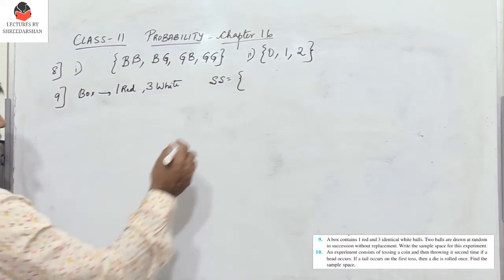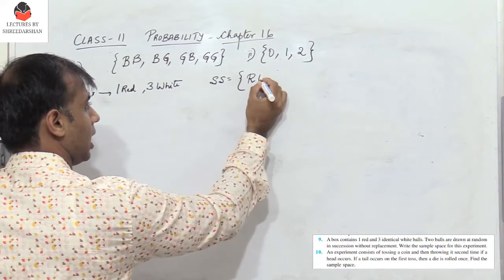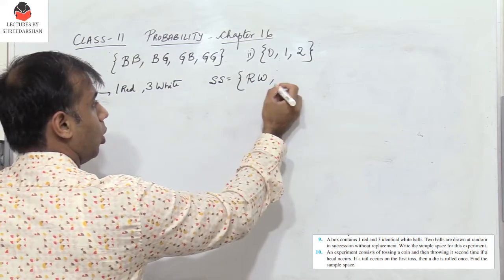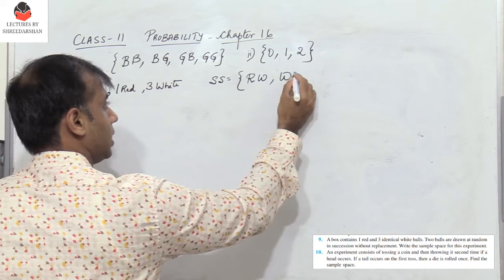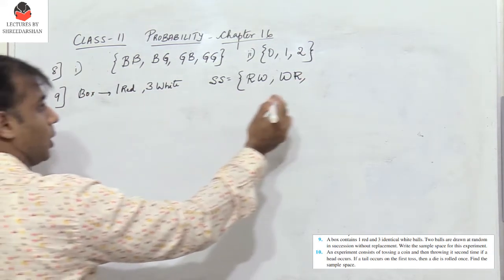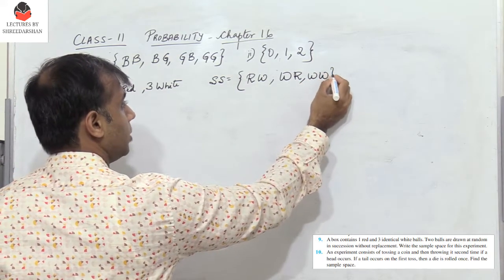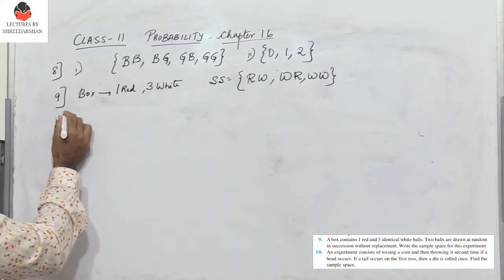In the first case I can get a red ball and I have 3 remaining white, so I have to get a white. Or if I draw a white ball first, the next one I can get a red. Or if the first ball I get is white and the next time also I may get a white ball. Right? So this happens to be the sample space. Next, 10th one,